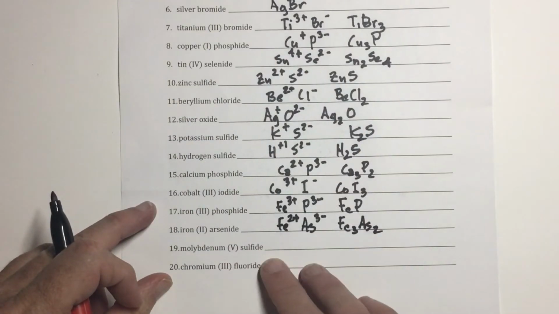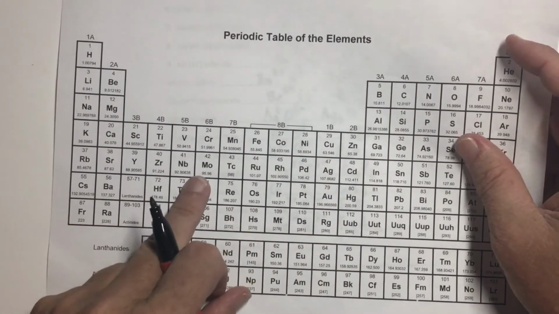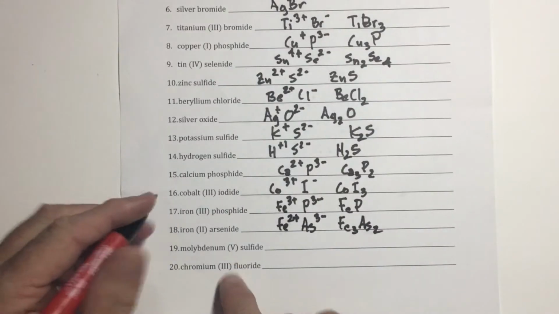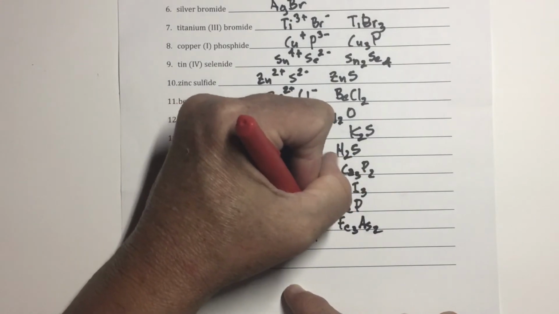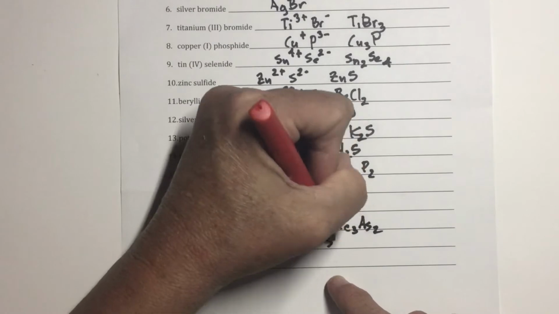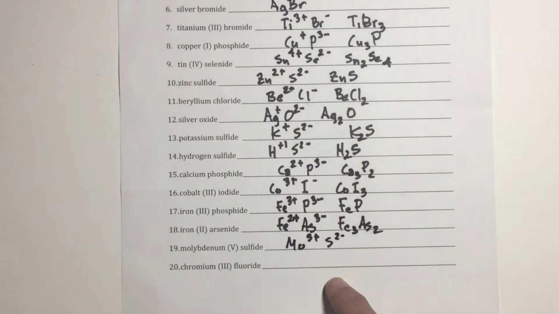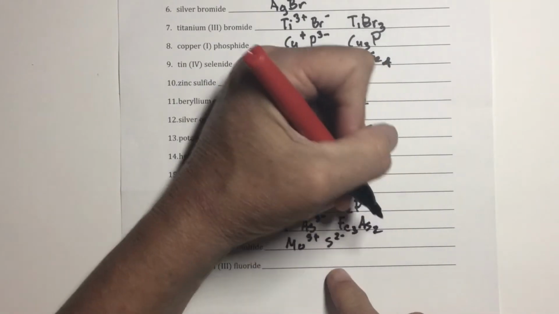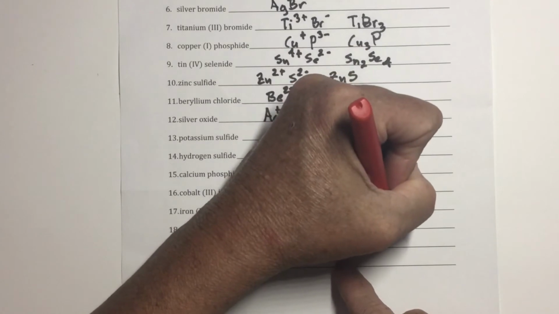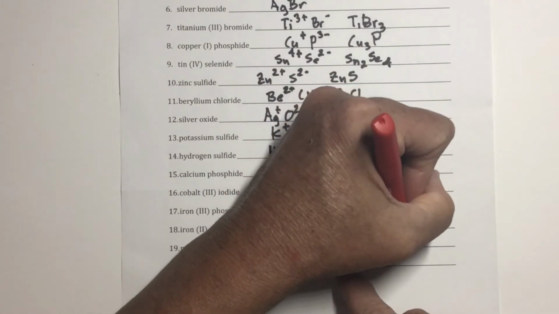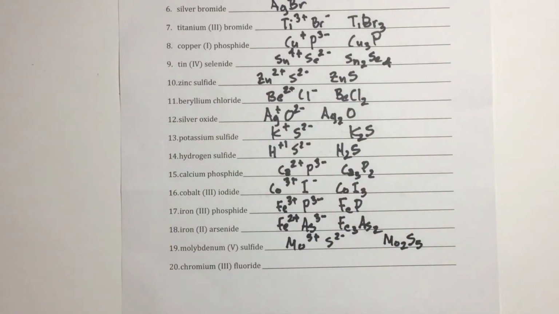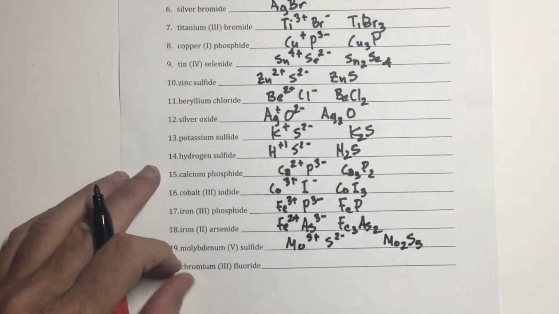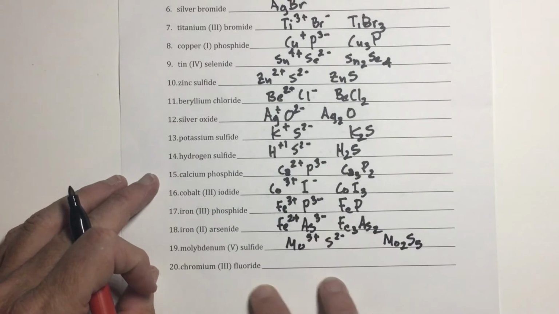Molybdenum 5 sulfide. Molybdenum is one of our transition metals, but it tells us it has a charge of 5. So molybdenum 5+. Sulfur, as you now know, has a charge of 2-. So crisscross those, we will have molybdenum 2, sulfide 5, Mo2S5. And finally, chromium